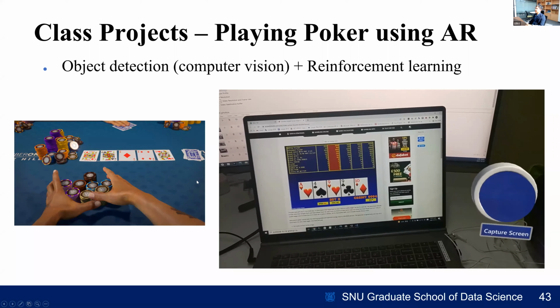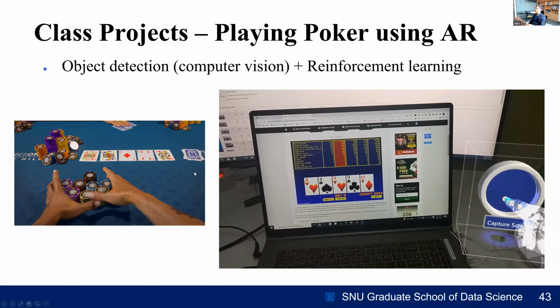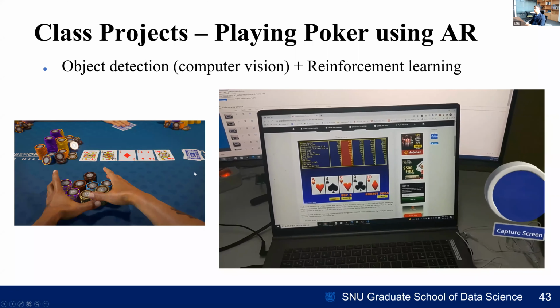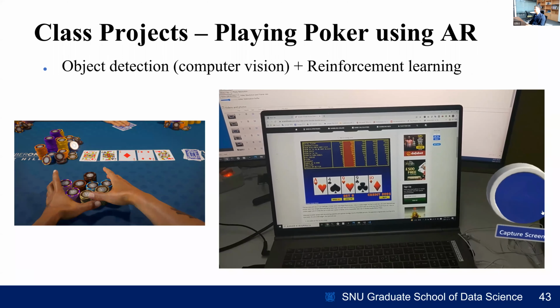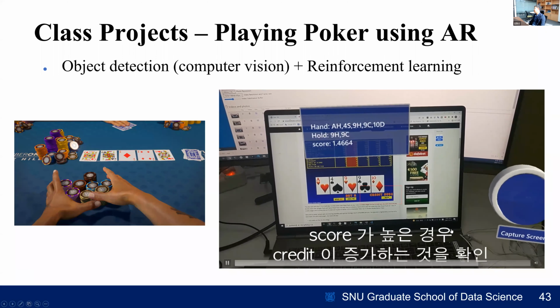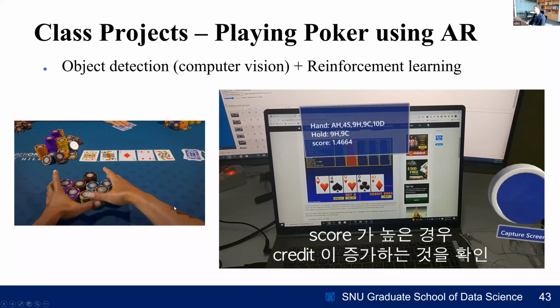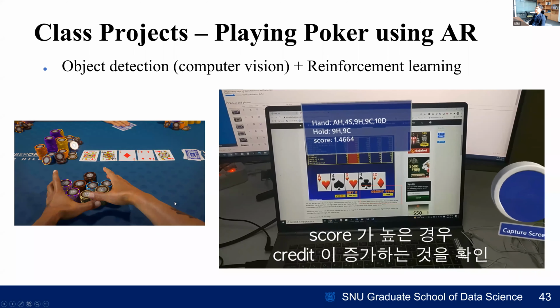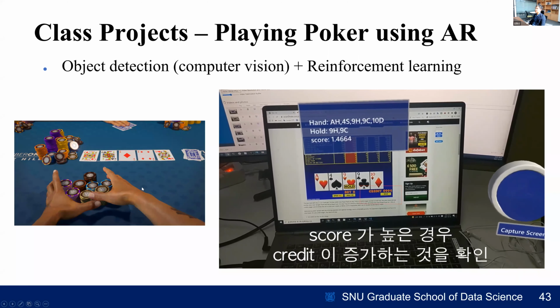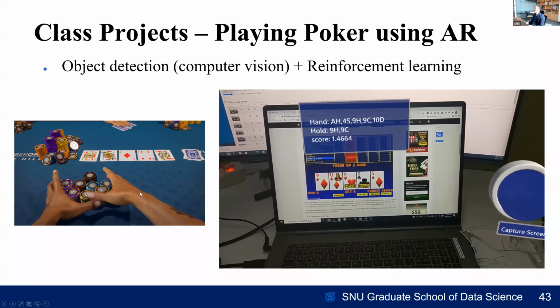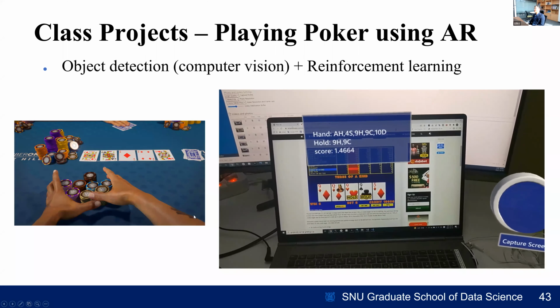And if the estimated score is high, then he will get more credit. Yeah, this is how it works. But this is just a prototype. I'm not sure if it is really working in practice, but we'll see.